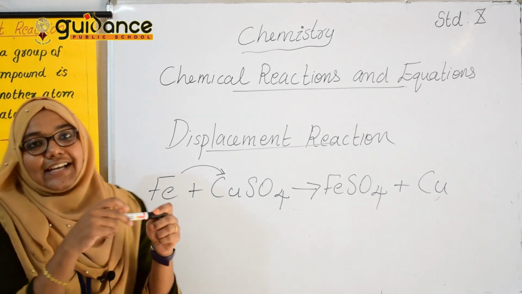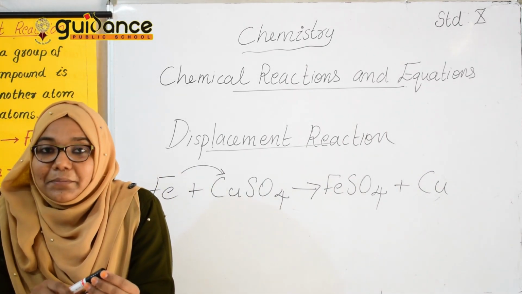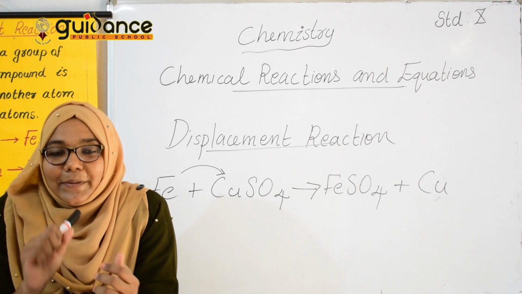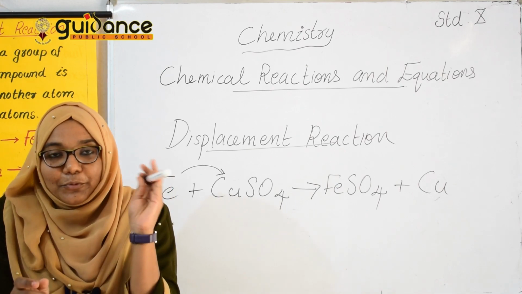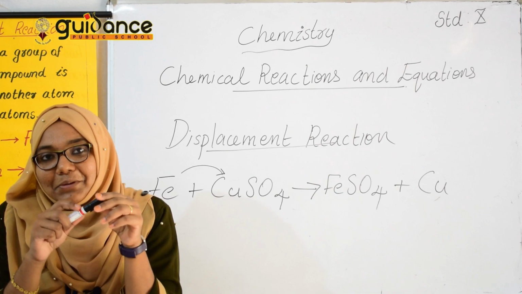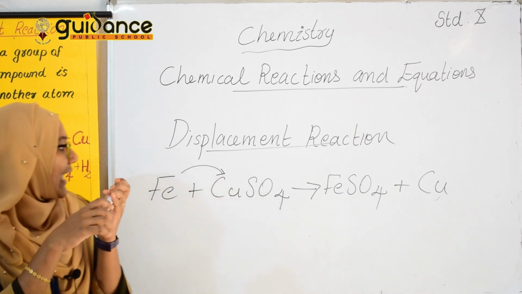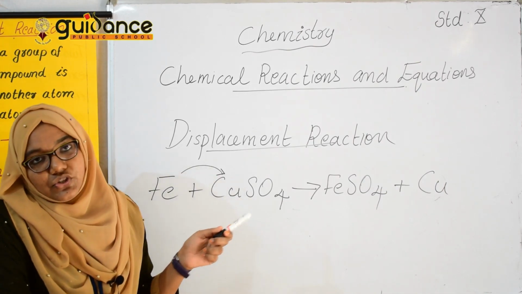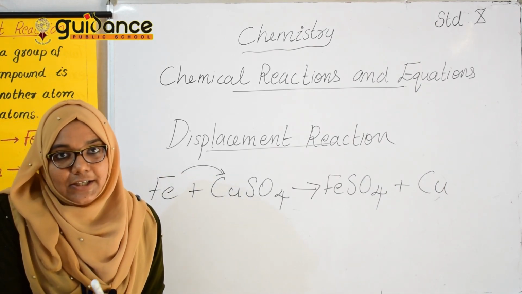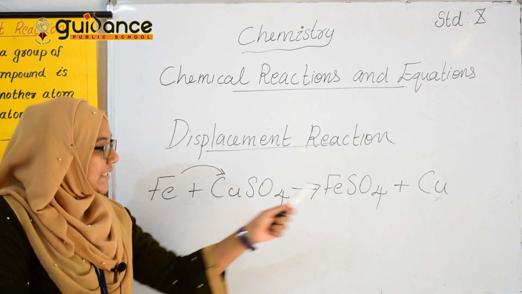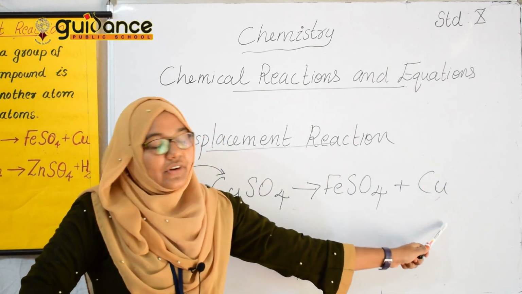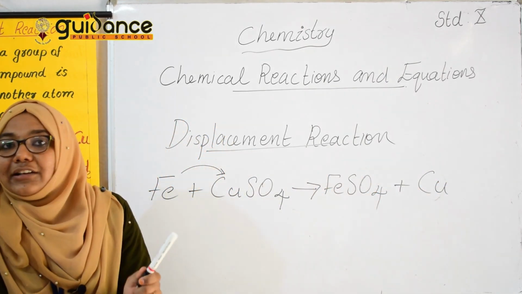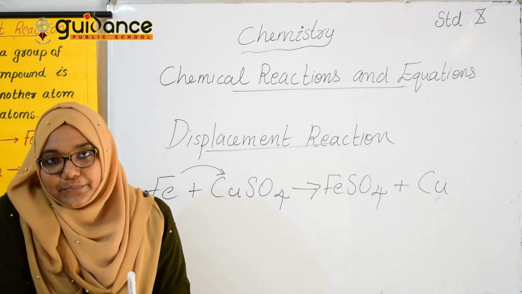Okay, this reaction we have learned in 9th standard. Do you remember that? One copper sulfate solution in a beaker and we put one iron nail to that. Do you remember that? What will happen at that time, when we are putting an iron nail to copper sulfate solution, we will get a brown precipitate, right? That brown precipitate is copper. And what will happen to that solution? The color of the solution will become faint.